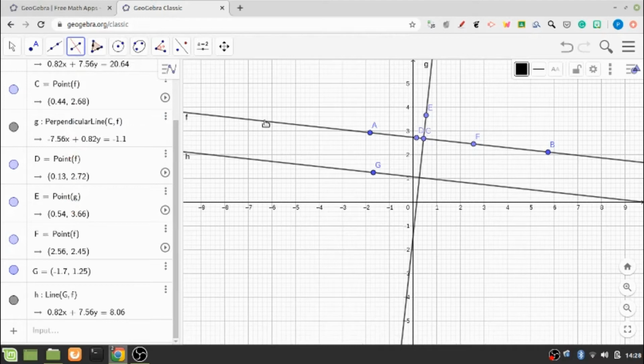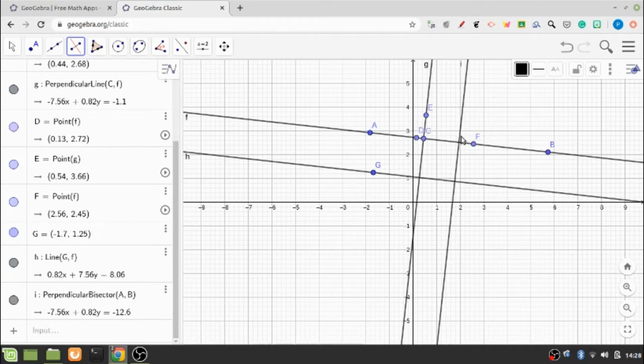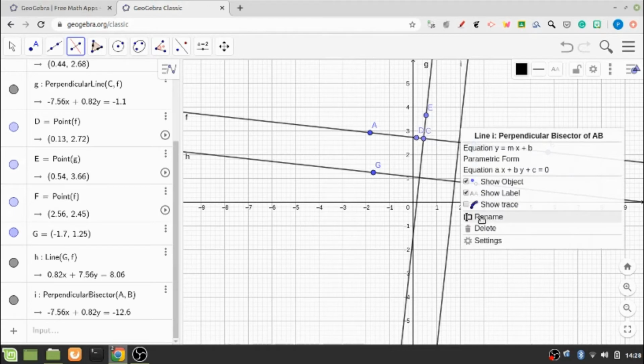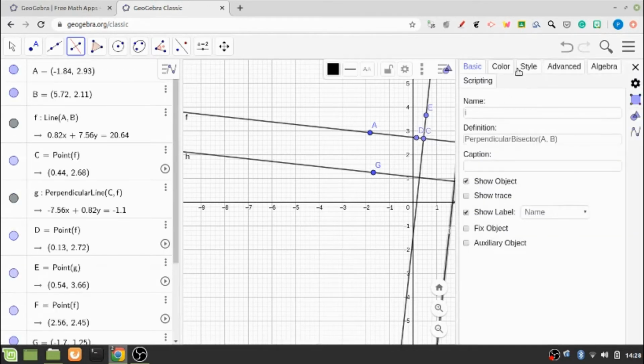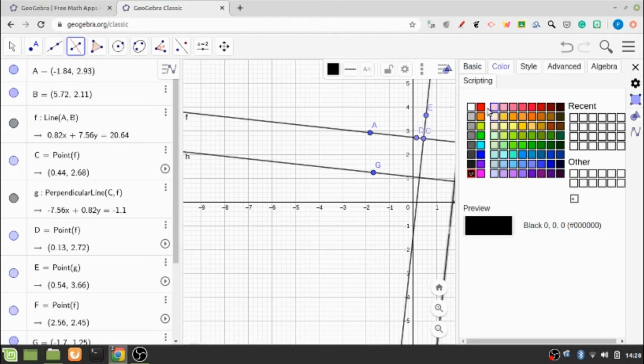F. So if I click on any of the points on this line, and say I select the point B, so accordingly you can see that this line I has been generated as the perpendicular bisector. Let me try to change the color so that okay.